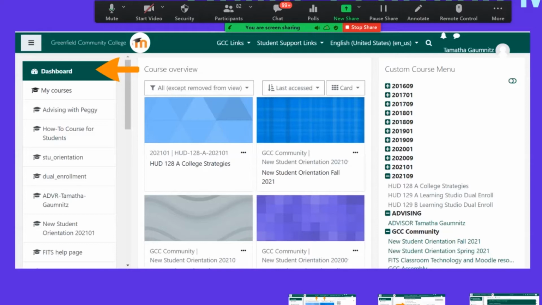These are set up in the card view, but you can have them organized in like a summary list or maybe it's called details, something like that. So you can set that up however you like. You can also find your classes over here on the right-hand side. Yours will not be quite so crazy looking because you will have been here a shorter period of time. I want to draw your attention to the section that says GCC Community, which is where you found orientation today.